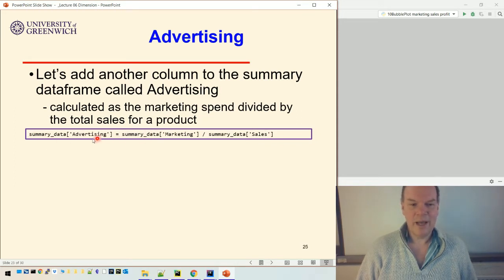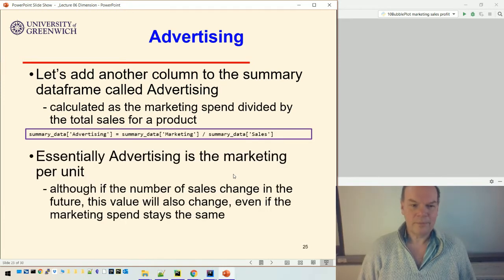I can do that easily with my data frame. I can just add a new column called advertising, which takes the marketing spend, which is £1,000, and then divides by the number of sales, and that will give me a number for how much money is spent per unit sold on marketing. So essentially, advertising is the marketing per unit. It's a bit of a nebulous measure because if the sales change in the future, this value will also change, even if the marketing stays the same. So it's not an absolute measure